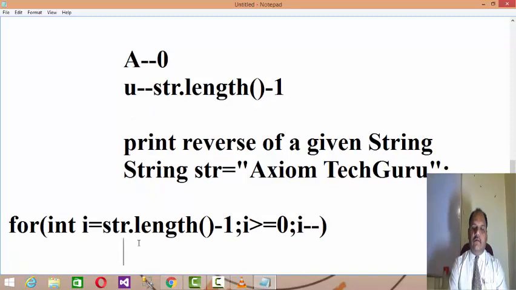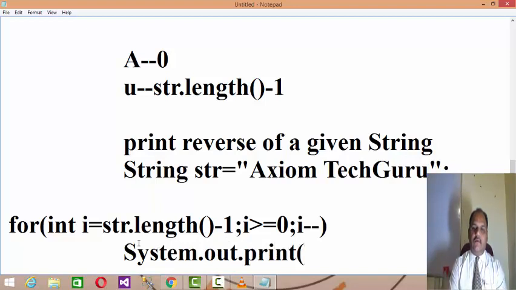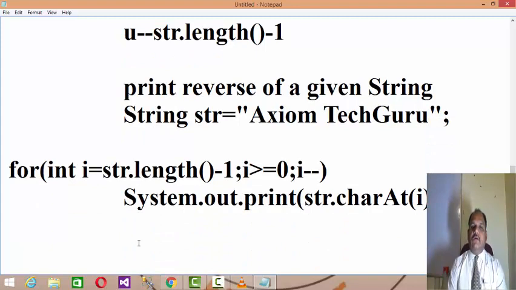Then you write System.out.print(str.charAt(i)).